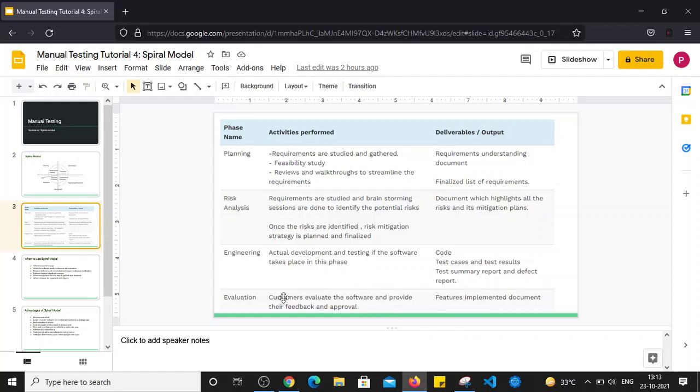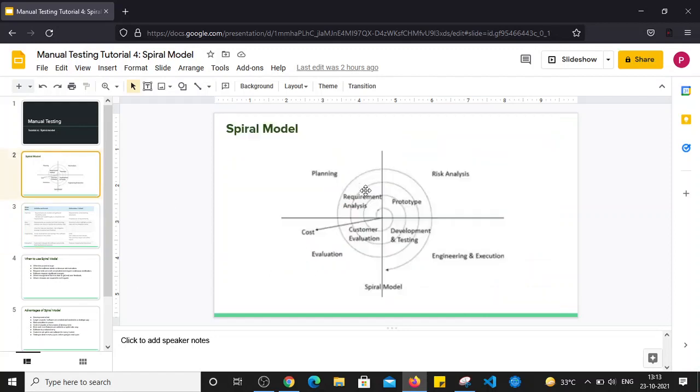And after the evaluation, if there are any new features that need to be implemented, they will again provide such requirements or a new feature document to that specific cycle, right? Once the first cycle completes, the first version will be released. After that evaluation phase, one more time new requirements might be provided, so the second cycle will start.